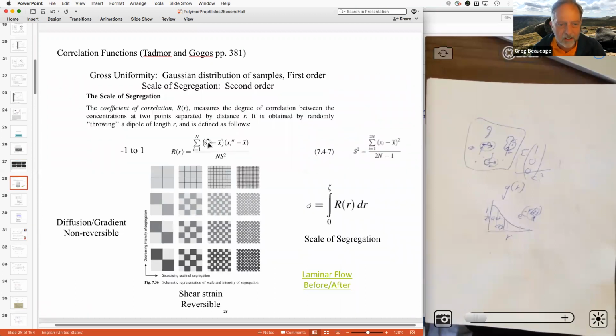You take the concentration at two points, or say your concentration minus the average concentration at two points separated by a distance r, then sum up over all possible two points in the system and divide by the square of the concentration. Then you'll get this correlation function, right? And then the integral of that gives you this scale of segregation, or you could fit that to an exponential and get the